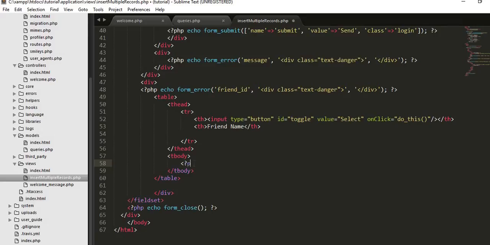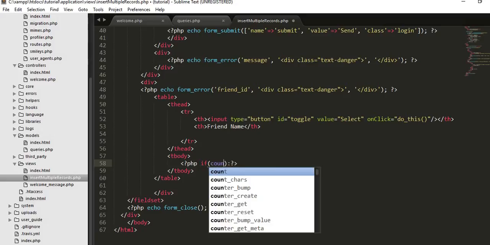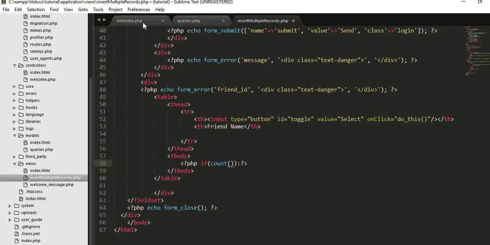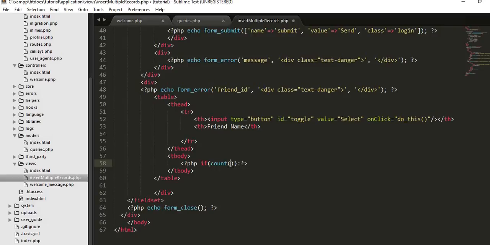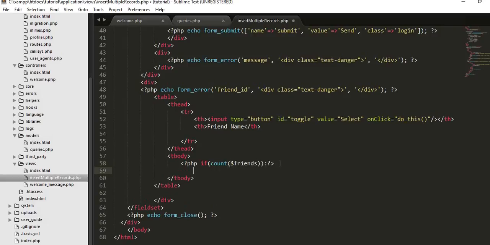So, PHP, if count of this friends, copy, if this friend holds some values, then